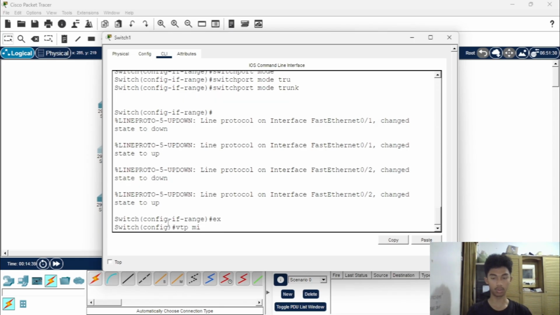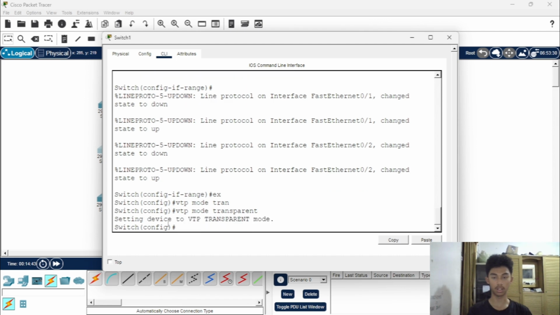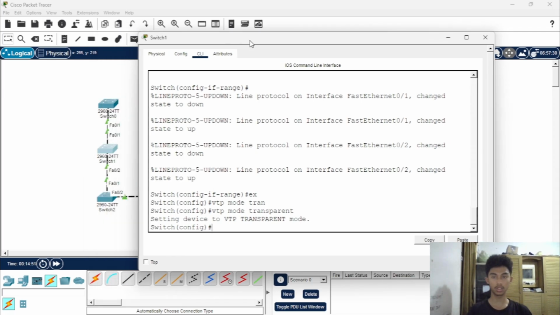Okay, for the next switch we use VTP mode transparent, enter, and then we use VTP domain, the same as in the first switch.